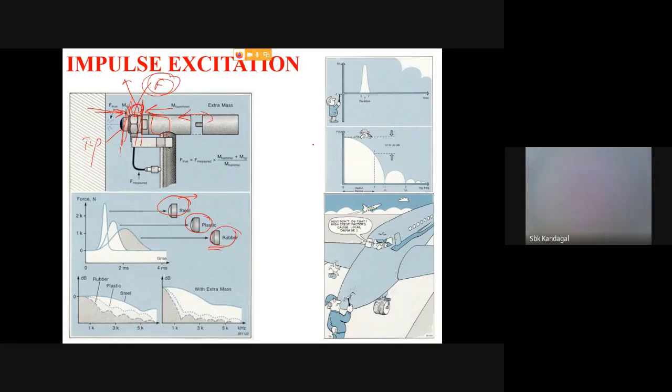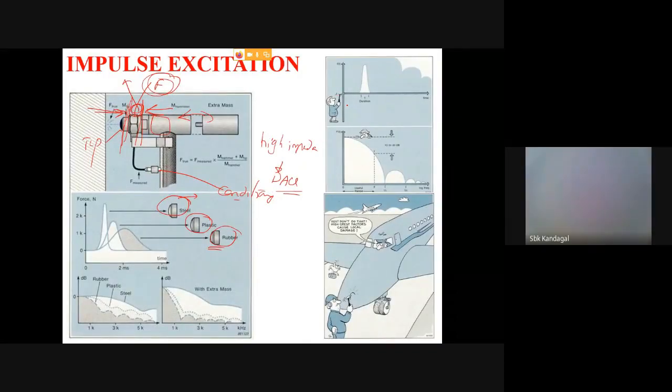So this is how the tips are changed, and from here the output goes to the conditioning amplifier again. I will tell you why the conditioning amplifier is necessary: the signal coming out of the force transducer has a high impedance, and you have to reduce that to a measurable system, either the oscilloscope or a data acquisition system. You can use the conditioning amplifier.